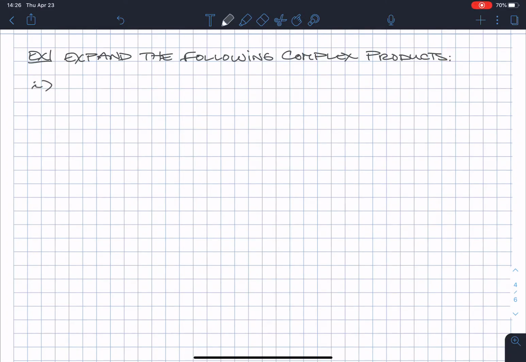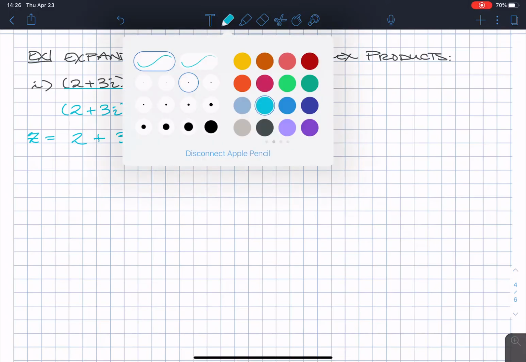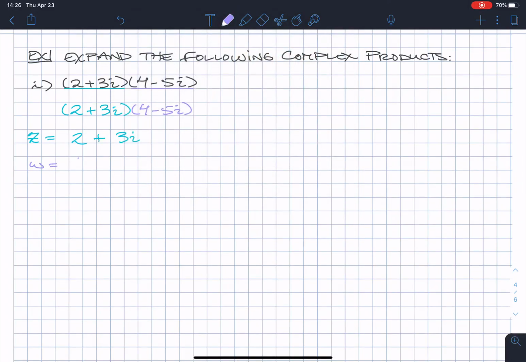Okay, so number one, let's say I have the quantity 2 plus 3i times the quantity 4 minus 5i. Remember, this is like the z and the w we had before. What I'm going to do is consider them vertically. So 2 plus 3i, I'll call that my z, and my w, I will call 4 minus 5i. So when I take the product of z times w,